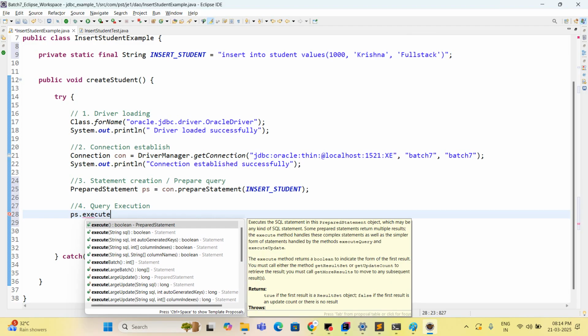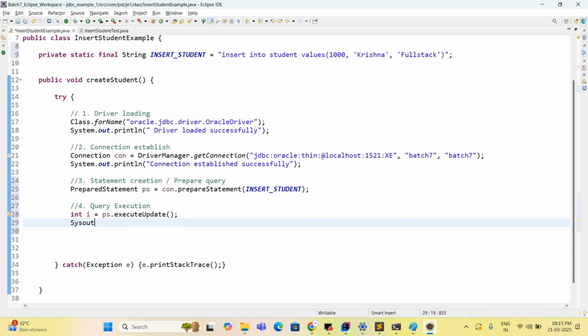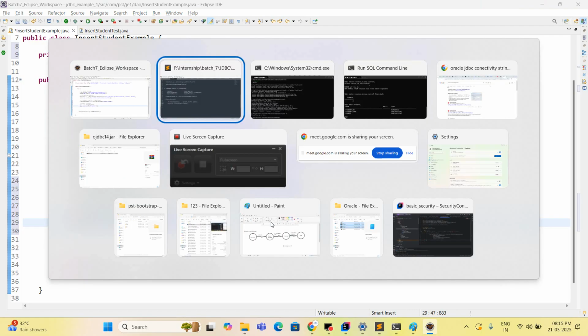Okay, so execute update returns an integer, right? So I can hold it in one integer variable. It returns an integer value. So I am trying to print here sysout i value. For example, we'll see what value it returns. Okay, this is the 4th step. Last, 5th step,